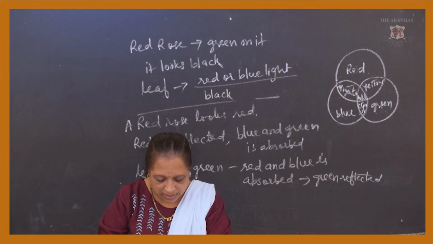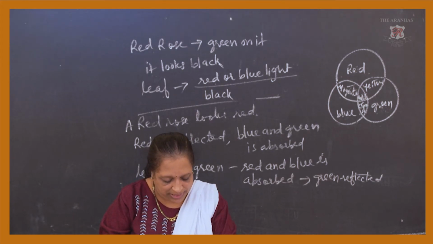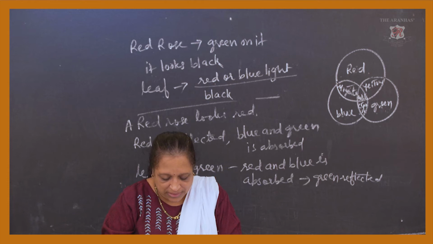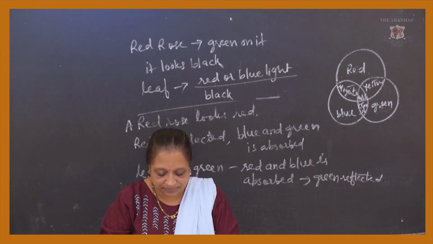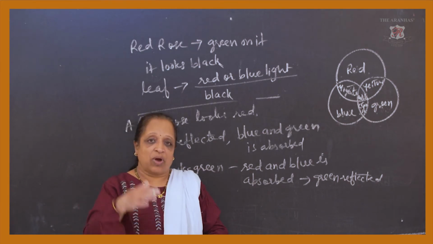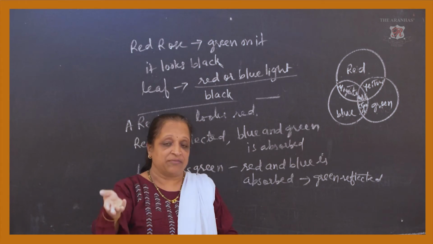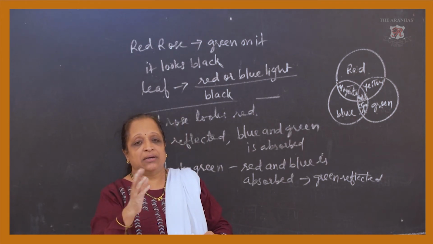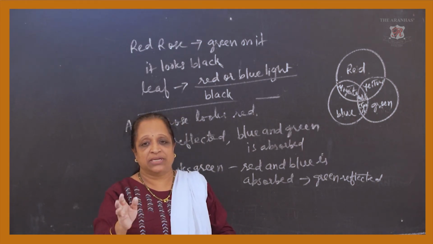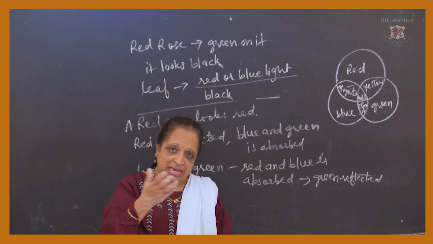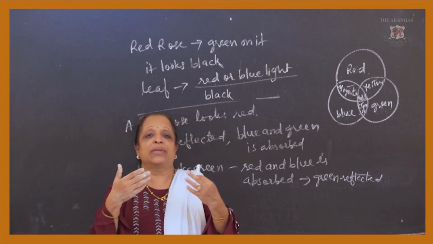So the color of a substance or an object is not just an inherent property. It depends on the light in which it is being seen. That means we have seen that white is the base, and whichever of the remaining colors gets reflected, you see the color of that specific object. It can be a fruit, a leaf, a flower or any other object you come in contact with.